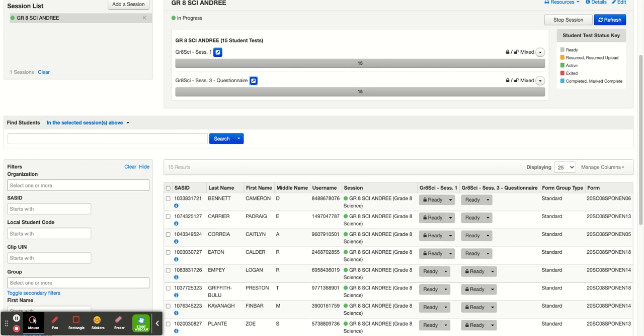So if you are comfortable locking and unlocking a student's session, you can certainly do this for your students when they've completed the test for science. If not, we will be monitoring when students have completed a test, and we will go ahead and lock the session and unlock the session. But if you are comfortable, you can certainly go ahead and do that for your students right away so that they don't have to wait for one of the test coordinators to see that the test has been completed and